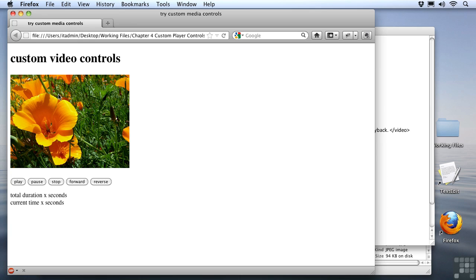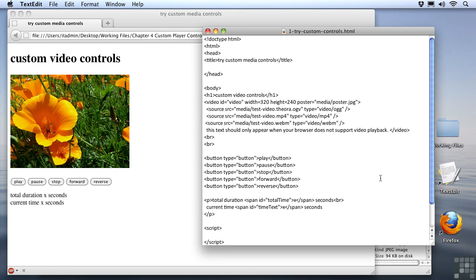You can see I still see the poster frame, but notice what's missing. All of the controls. We basically have a video here, and we don't have any means of playing it. So that's what we're going to do next, is hook up our buttons so that we can actually play and pause the video with our controls instead of the built-in ones. Of course, we're going to be using JavaScript for this. And the video API that's built into HTML5 now has some really easy functions that we can call in order to hook up controls. Obviously, we're most concerned about playing the video first, so let's set that button up as